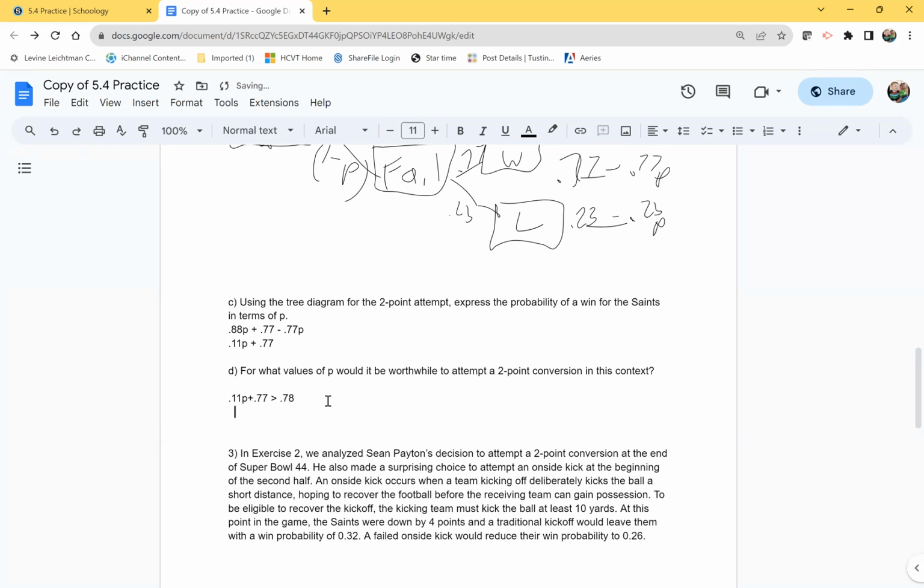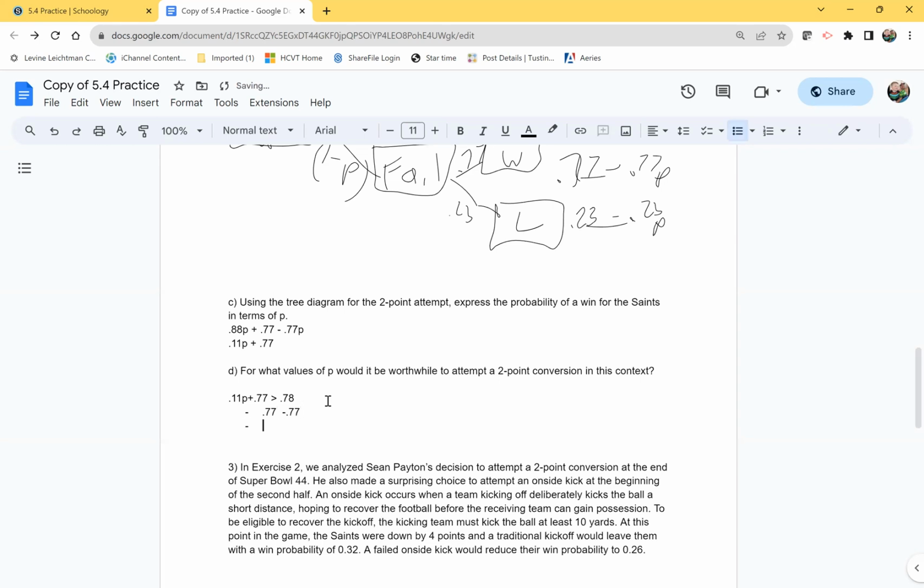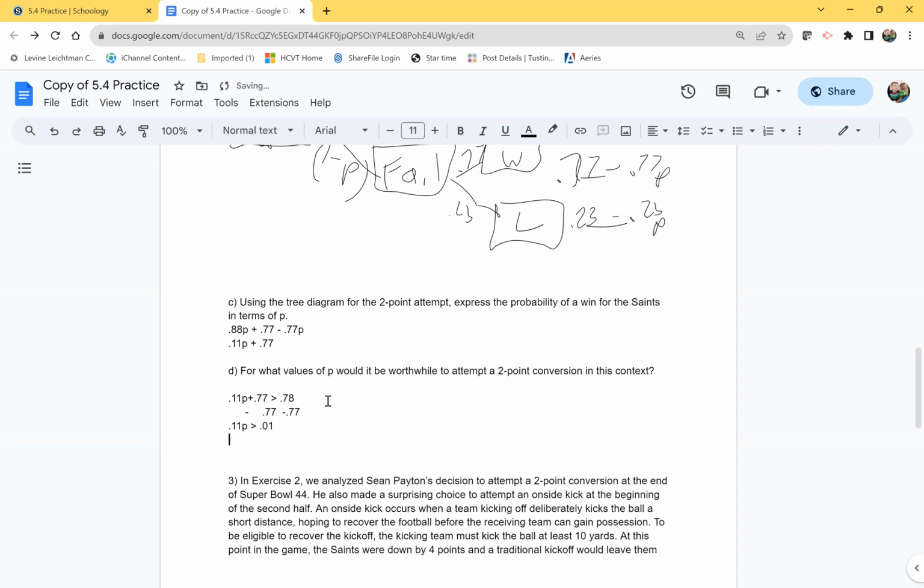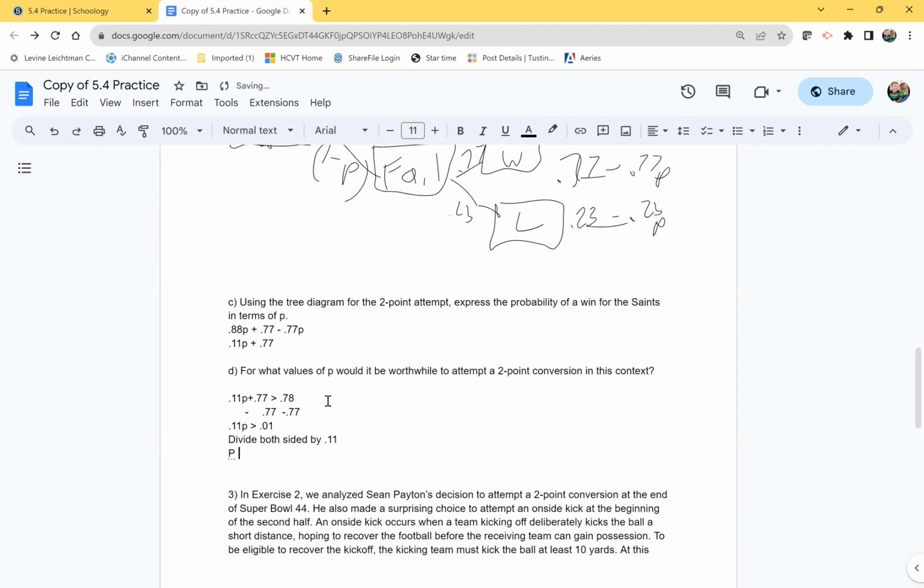All right, I think I can solve this just typing it out. So I'm just going to subtract 0.77 from each side. It's going to cancel out the 0.77 on the left side, giving me 0.11p is greater than, and then I have to do the actual subtraction here, 0.01. All right, so now I need to divide both sides by 0.11. So that'll just become p on the right side, greater than, and then I'll do my calculator, 0.01 divided by 0.11. And it is